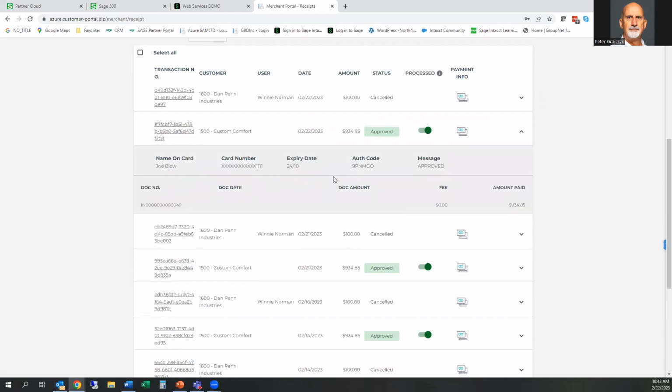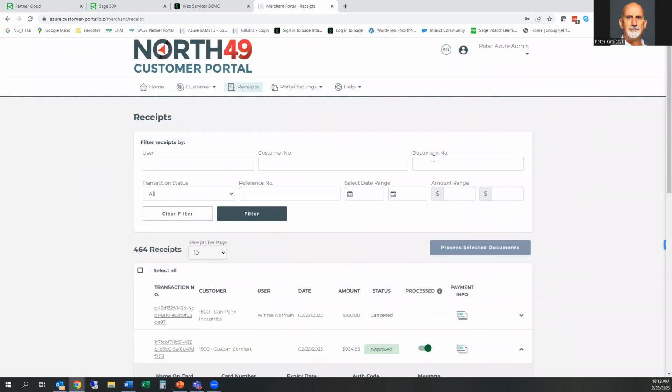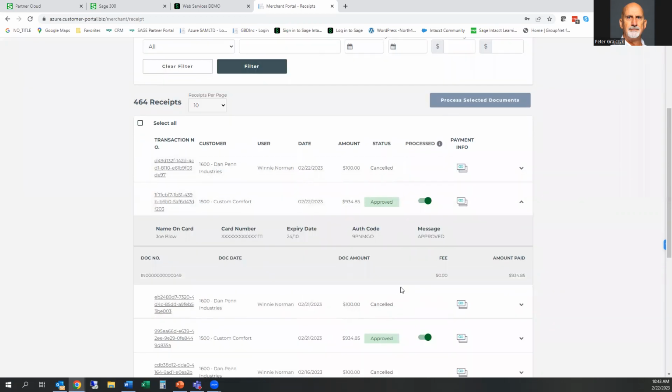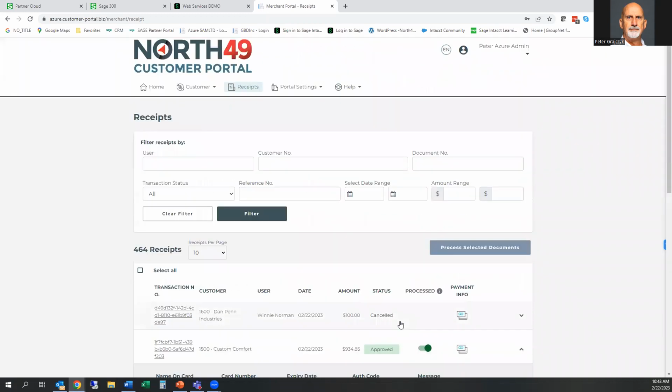Now we show it here, but your admin portal on the Evo payment side of things will also have this information and probably more detail than this. But we wanted to make an easy place for you to actually find this information, and here's where you're going to find it. And again, lots of filtering capabilities, so you can always find a payment by when it was made, how much was paid, document number, customer number, all that. So if a customer ever contacted you and said, I made a payment, I don't see it, you can find it in here, and perhaps they started the process